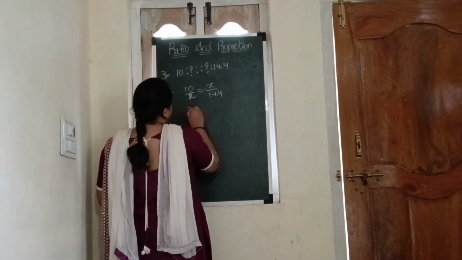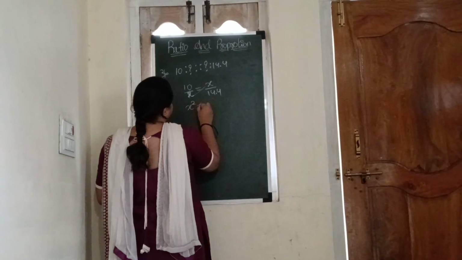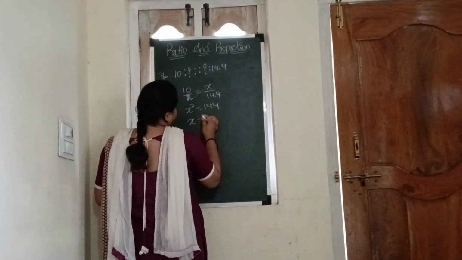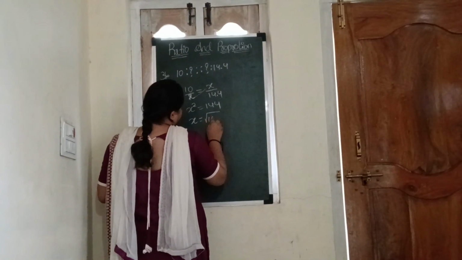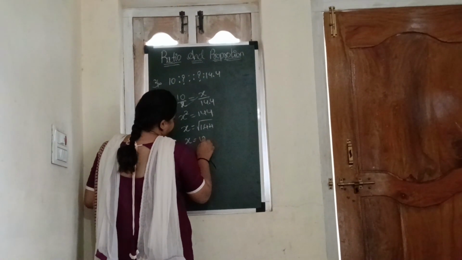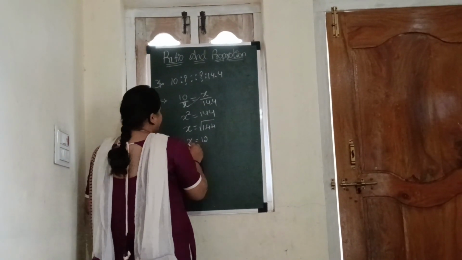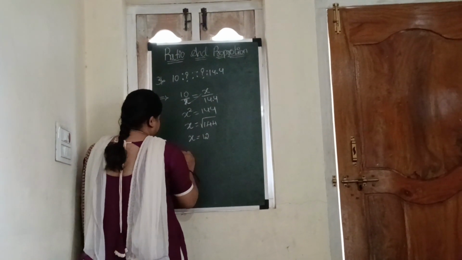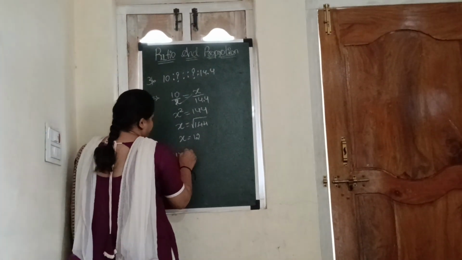So when we multiply, x square is equals to 144. x is equals to root 144. So the x value is 12. So 10 is to 12 is to